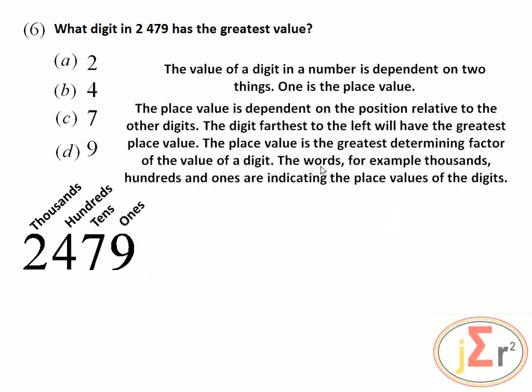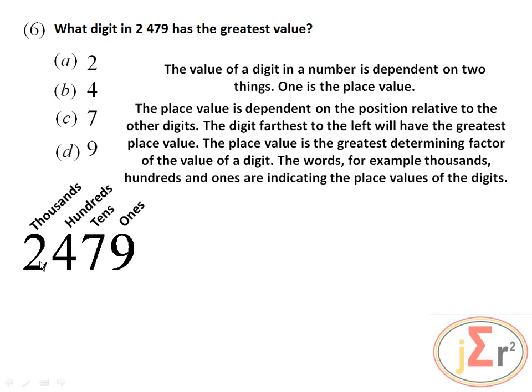The place value is dependent on the position relative to other digits. So the digit farthest to the left will have the greatest place value. The place value is the greatest determining factor of the value of a digit. The words, for example, thousands, hundreds, and ones are indicating the place values of the digit. So let us see if we have that right down, because that might be just a mouthful. We have